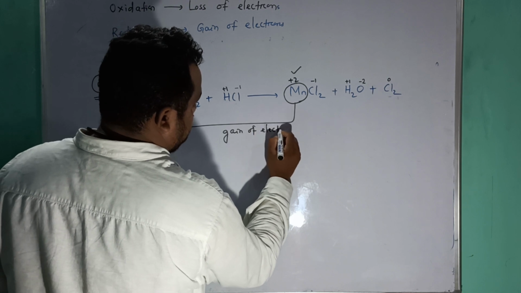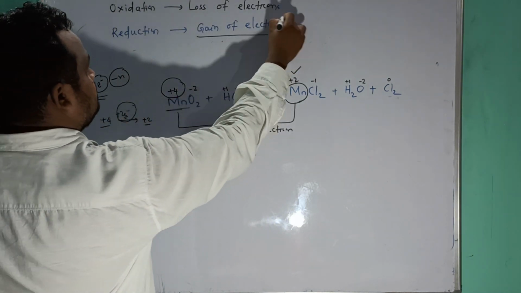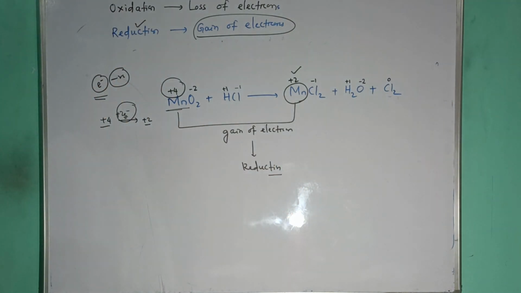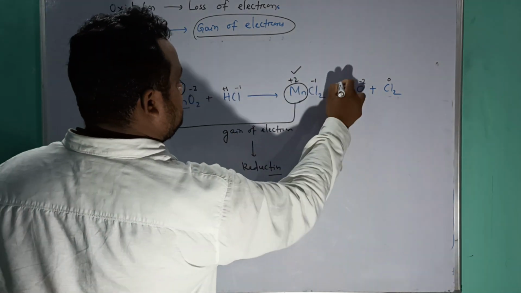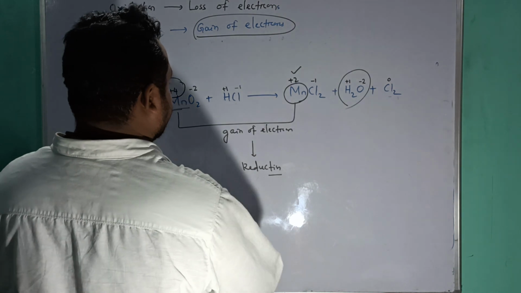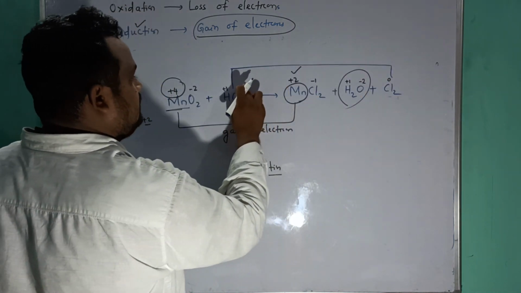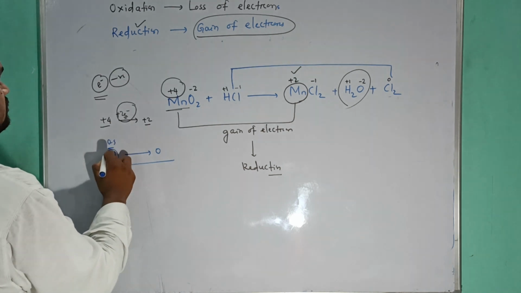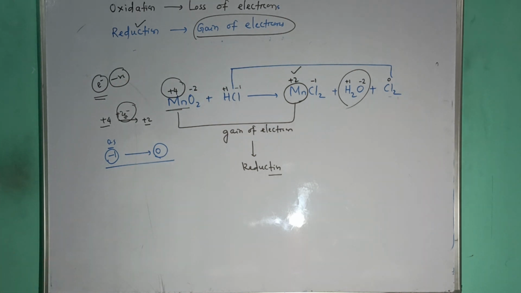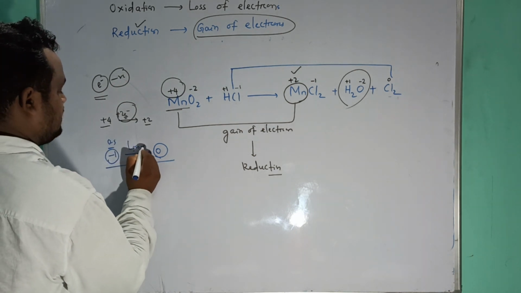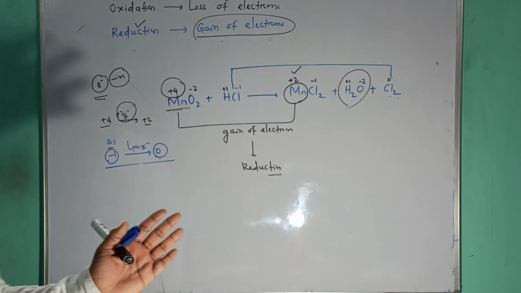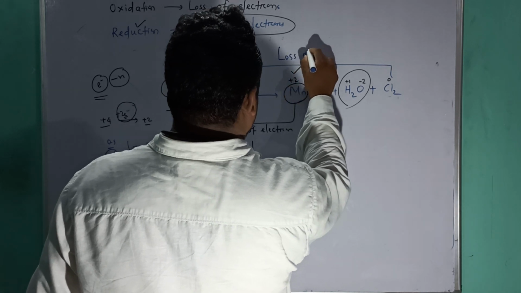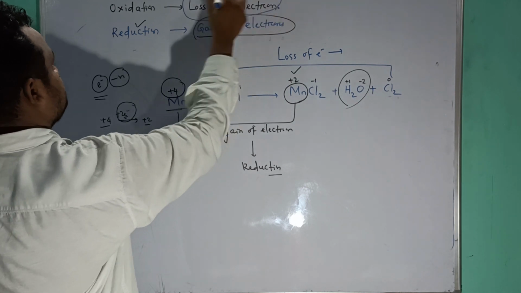गेन ऑफ इलेक्ट्रॉन, तो गेन ऑफ इलेक्ट्रॉन क्या है, देखो रिडक्शन। तो मैंगनीज का रिडक्शन। फिर हाइड्रोजन का नॉन चेंज, ऑक्सीजन का नॉन चेंज, तो ये टर्म कुछ काम का नहीं है। तो नेक्स्ट देखो Cl का क्या हुआ है, -1 to 0। ऑक्सीडेशन स्टेट -1 फिर 0 हुआ, नेगेटिव टू पॉजिटिव। मतलब नेगेटिव टू पॉजिटिव तब होगा जब इलेक्ट्रॉन लॉस होगा। नेगेटिव चार्ज को निकाल देने से it will move towards positive। तो लॉस ऑफ इलेक्ट्रॉन को बोलते हैं ऑक्सीडेशन।